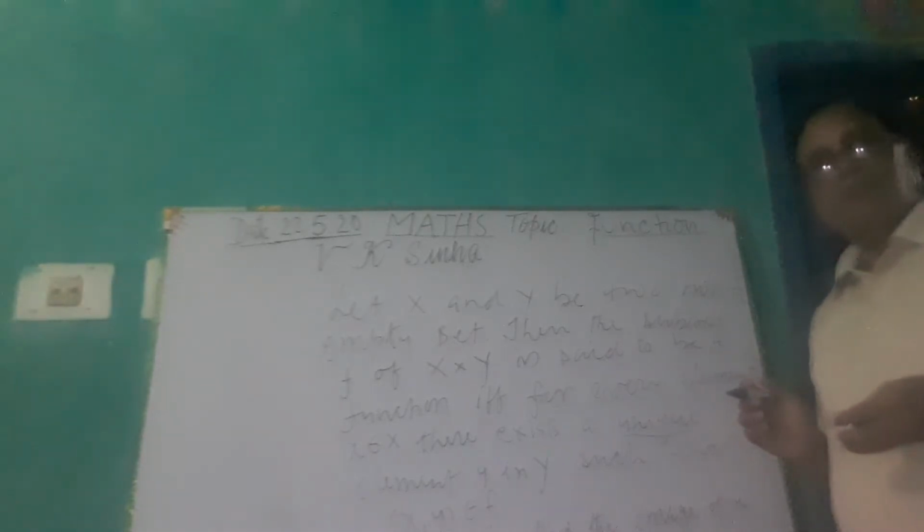So we call that f image of x equal to y, or simply image of x equal to y. This is the definition of function,